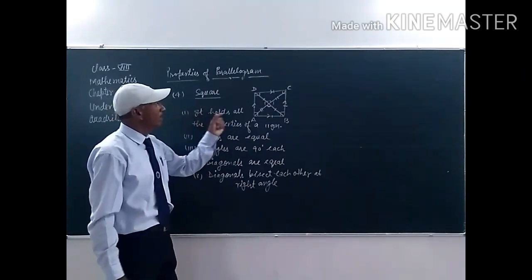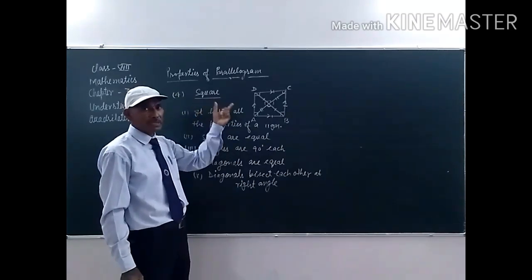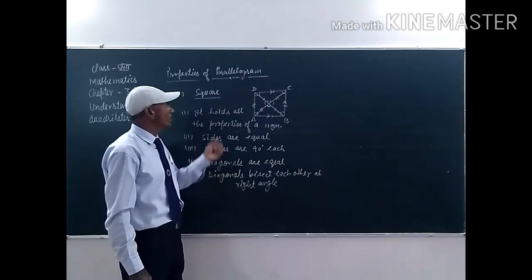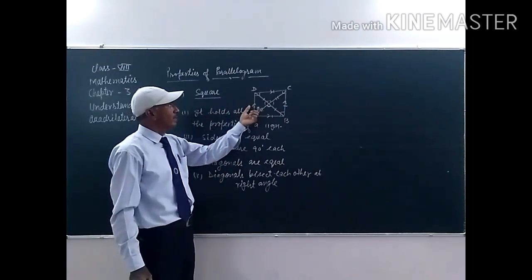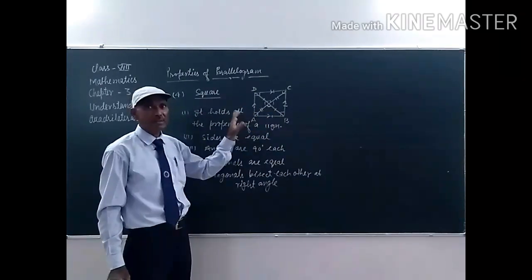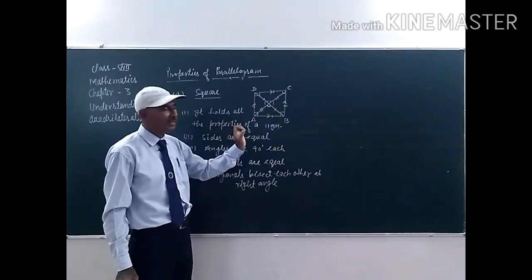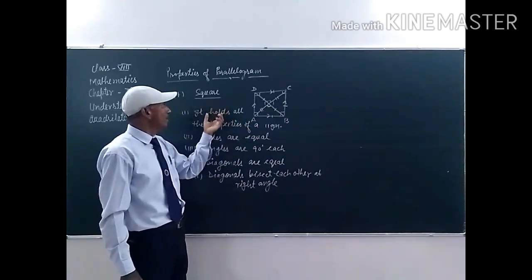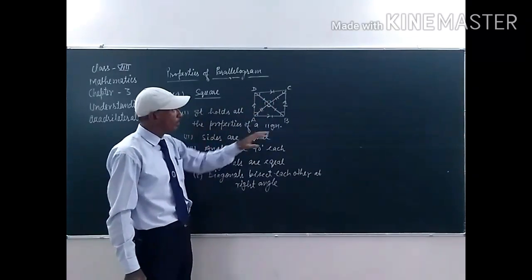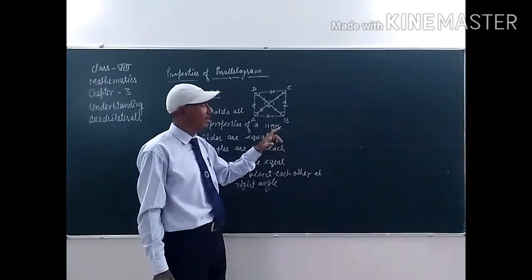So, student, square is a figure which is related to rhombus and which is also related to rectangle. So, we can say that square is a rectangle because it holds all the properties of a rectangle. Angles are at 90 degree and it holds all the properties of rhombus also because all the sides are of equal length, therefore it is rhombus.